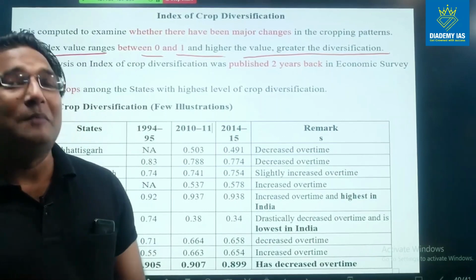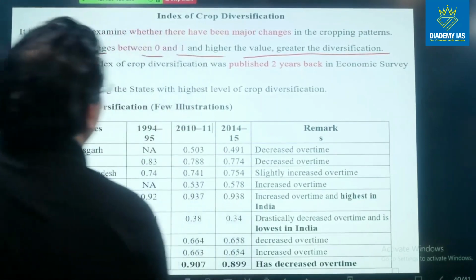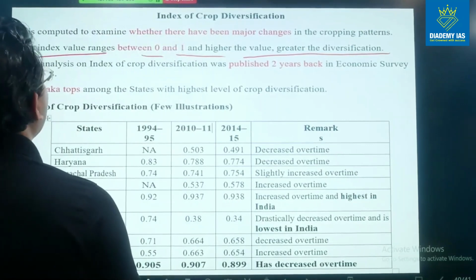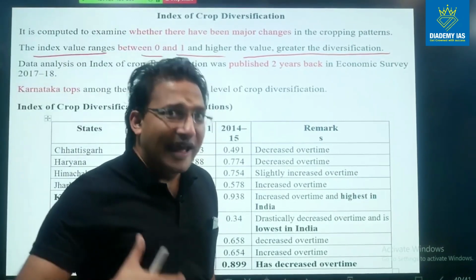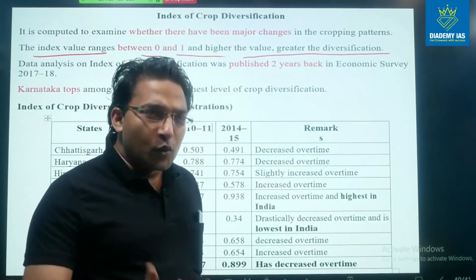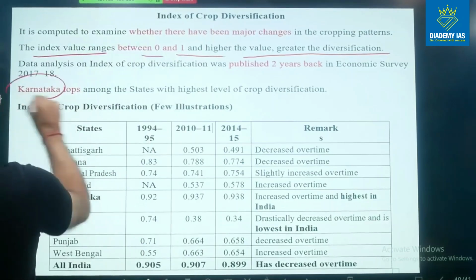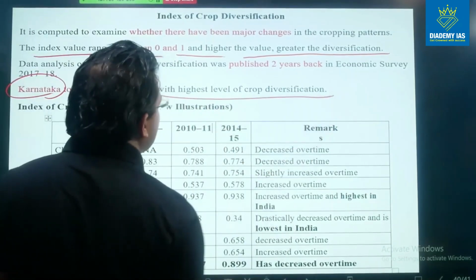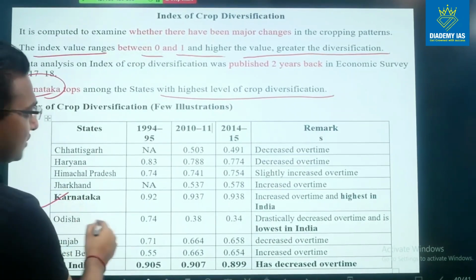There is crop imbalance after this green revolution, right? So we have been now trying to identify which states are doing good in the crop diversification. This crop diversification will help the improvement of the ecological health also, right? So Karnataka tops with the highest level of crop diversification. You can see over here Karnataka, the score is highest,